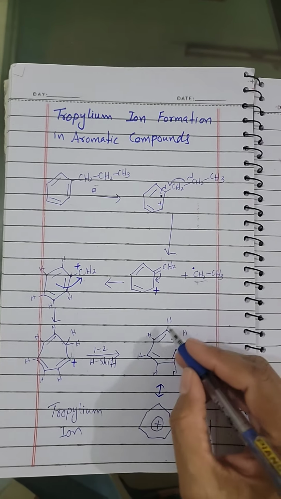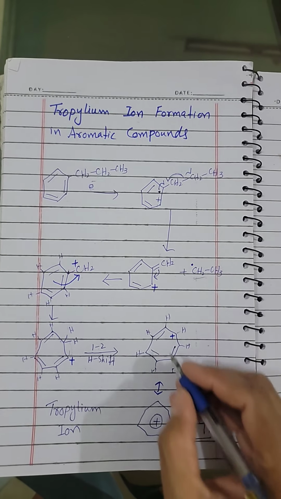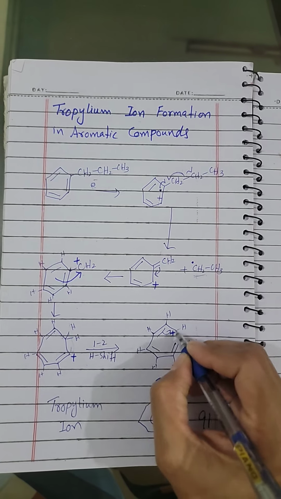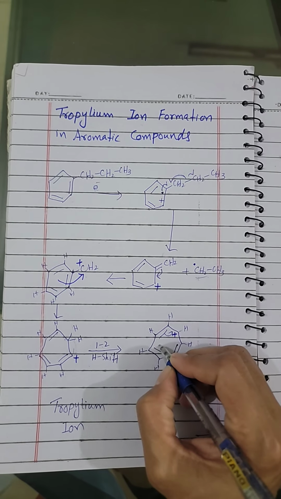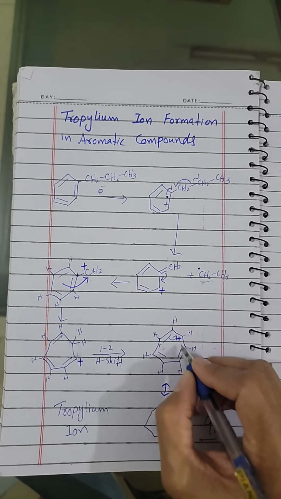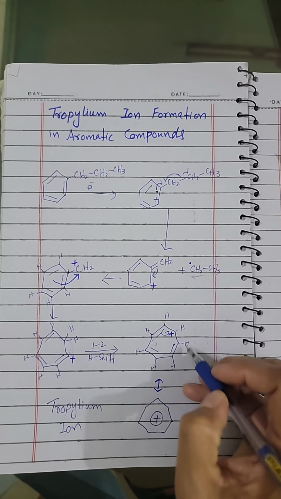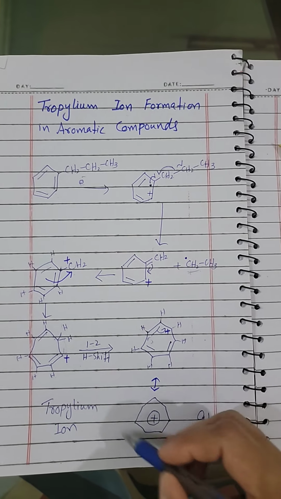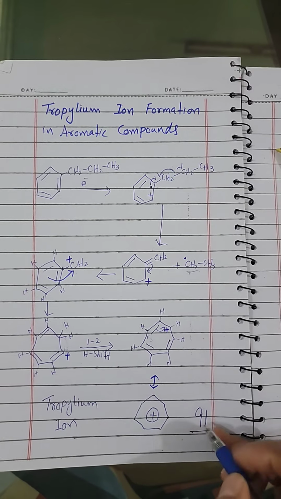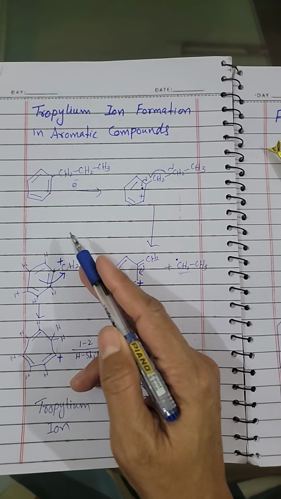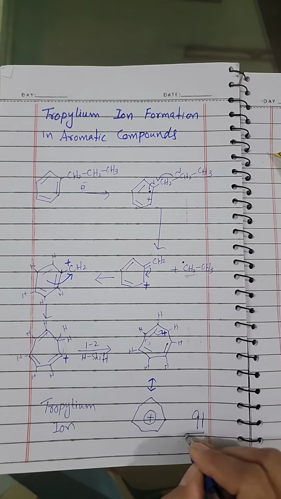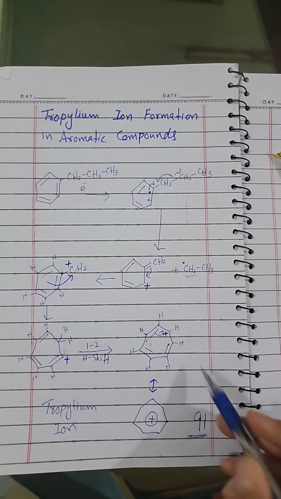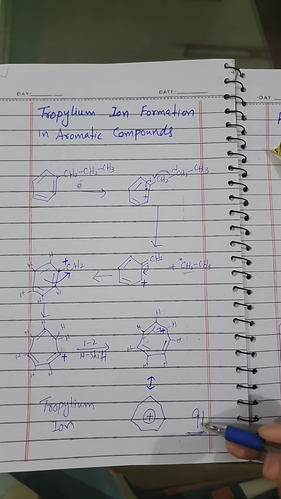This tropylium ion has resonance in the positive charge, meaning the positive charge resonates over the whole ring. When the double bond is shifted here, the positive charge comes on this carbon. When the double bond is shifted here, the positive charge comes on this carbon, and so on. So as a result, the positive charge resonates on the whole structure, on this whole 7-membered ring. So the tropylium ion is the most stable ion in the case of this type of compound, and the base peak which is obtained is at the tropylium ion at 91. 91 is the mass of the tropylium ion. So an aromatic compound with a side chain gives a base peak of the tropylium ion.